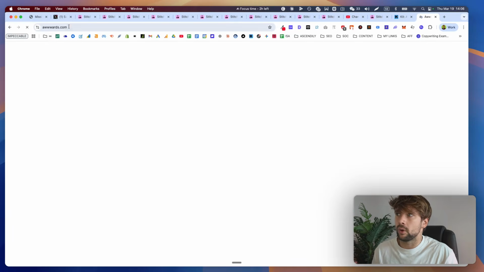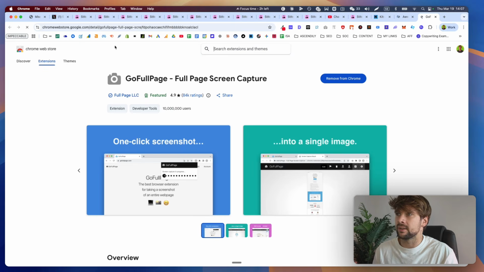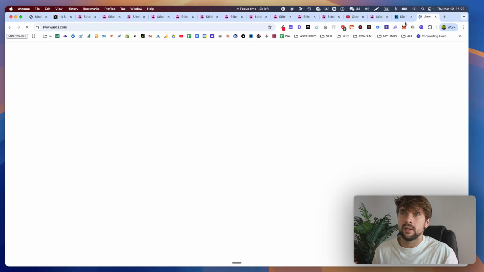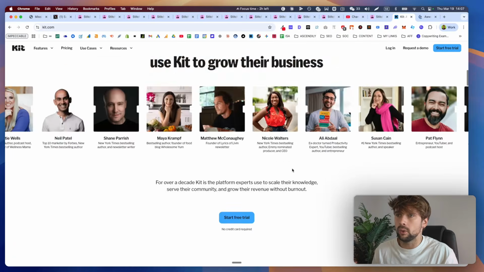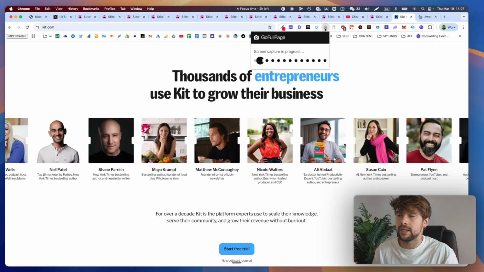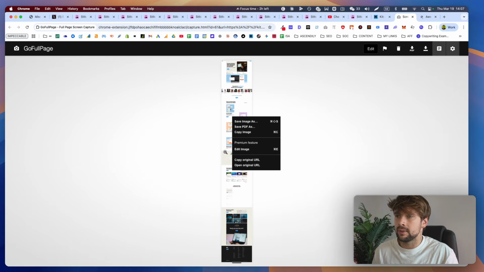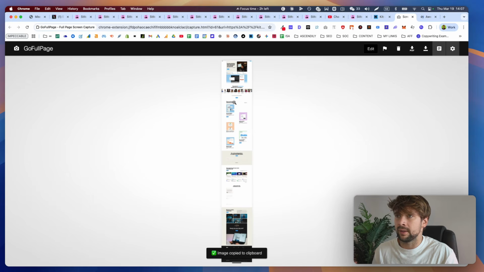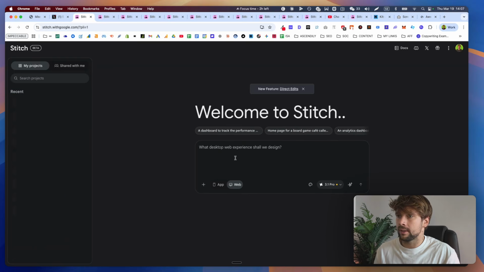And what you can also do is use an extension like Go Full Page, which I'm going to link in the description below, which is basically a full page screen capture. Now, if I wanted to, for instance, copy Kit's whole website and the way they set it up, I can click on Go Full Page. It's going to go through the whole website and give me an image of everything on that website, right? So while we're doing our little project here, we can go back and I'm going to just add